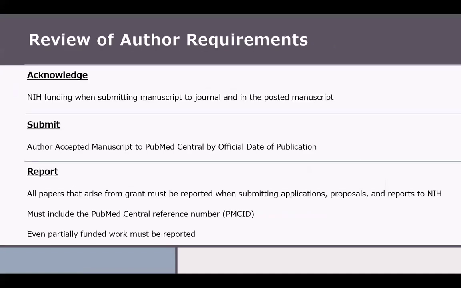All right, so here's a review of author requirements under the new policy. You need to acknowledge that NIH funding was used in your work when submitting your manuscript to the journal and in the posted manuscript. So that's a requirement. So hopefully you come away with this message. The author-accepted manuscript needs to be submitted to PubMed Central by the official date of publication. And then you need to report